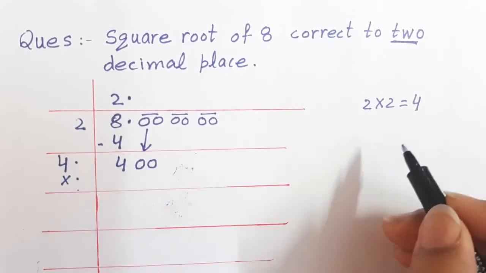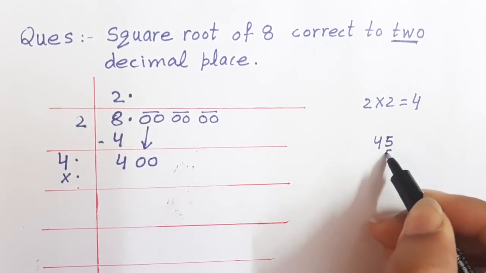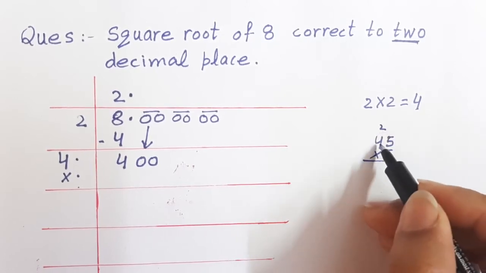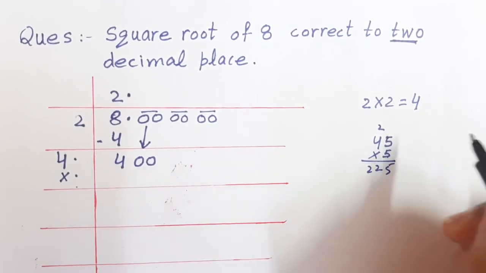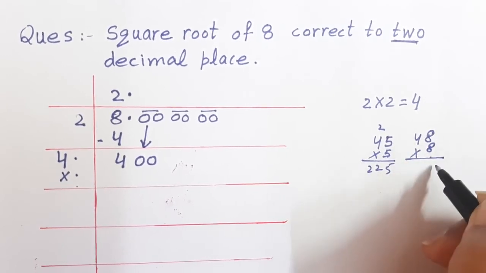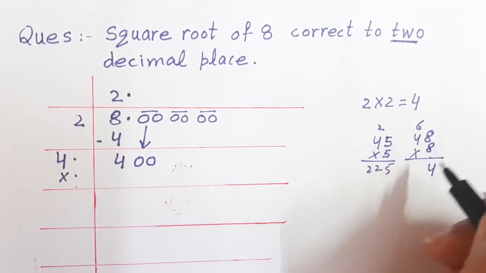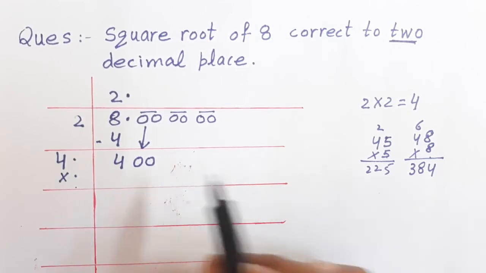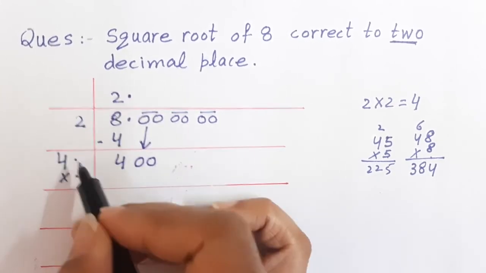So let us try. If suppose I take 45 multiplied by 5, 5 5s are 25, 2, 5 4s are 20, 22. I'm very far away from 400. If I try with 48, in that case, 8 8s are 64, 6, 8 4s are 32 and 6 is 38. Now children, you can see I'm very close to 400. If I try with 9, it will become a big number. So let's take 8.